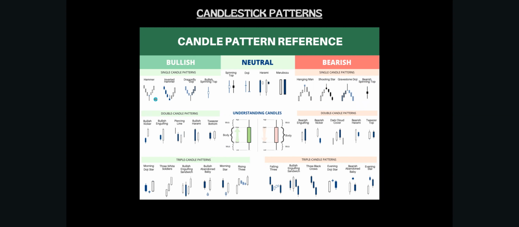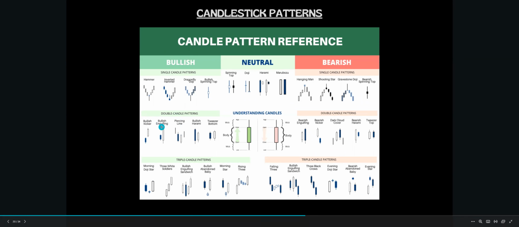So now that you understand single candle patterns, how each candle is giving you a certain story and what kind of story it's conveying to you, now we need to look at how we can take two candles at a time or three candles at a time and see what kind of story they're giving us together, right? So if you look at the double candle pattern,